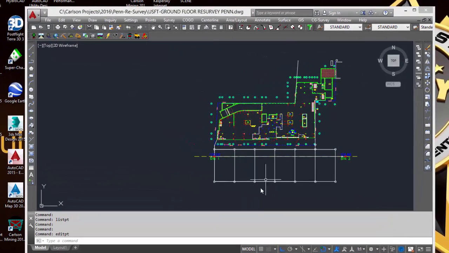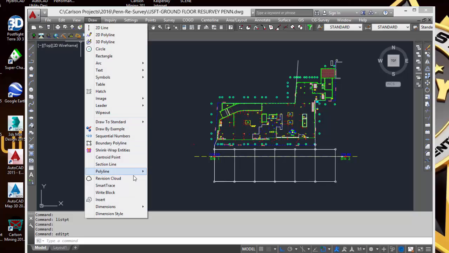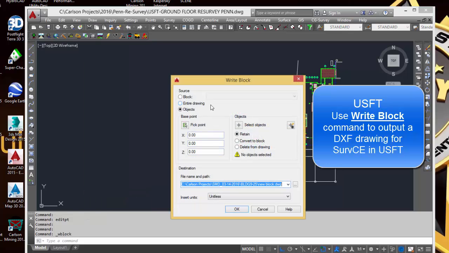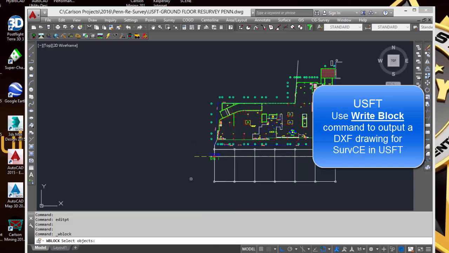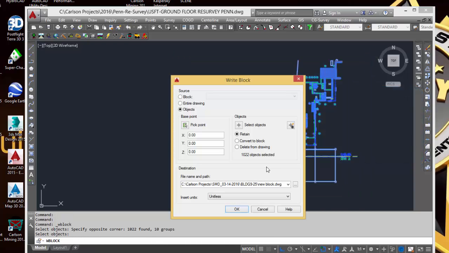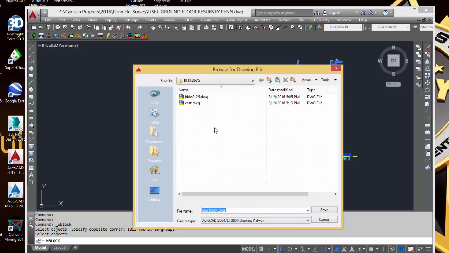Okay. All right. At this point, the last thing I want to do in this movie is write block and output a DXF file for SurvCE. So I pick write block, select objects. Obviously, I want to select everything. Hit return. And right here, it's going to try to make a DWG, and I want to make a DXF file. So I hit the triple dot,